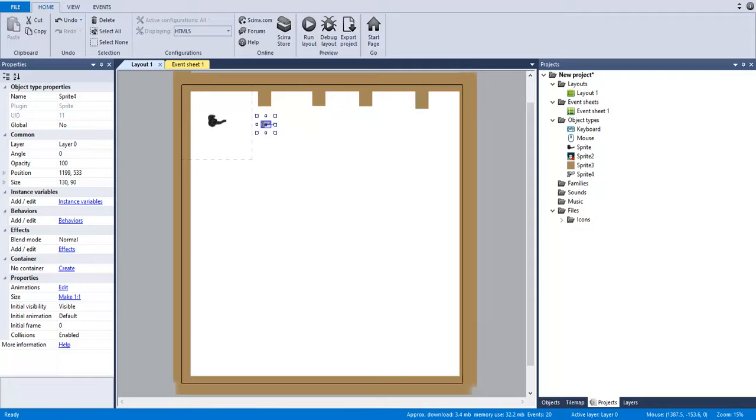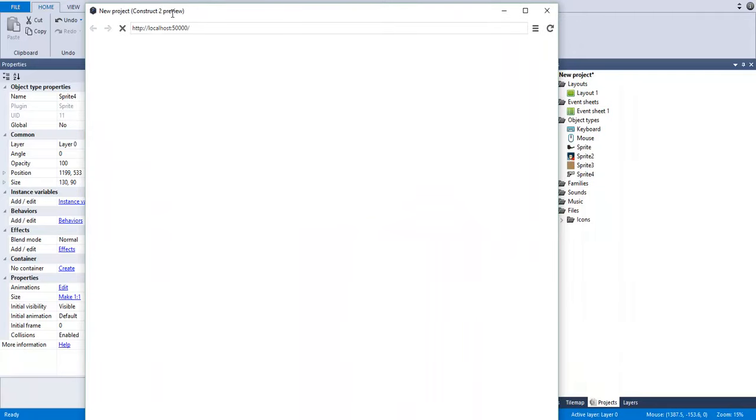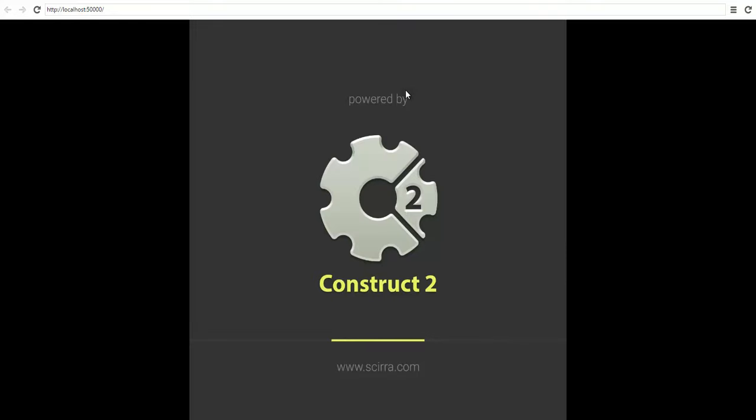I have this in a node webkit. As soon as it loads up. Construct 2, powered by